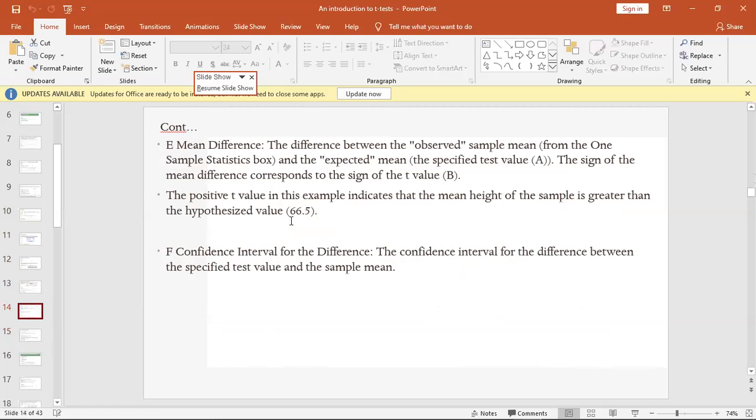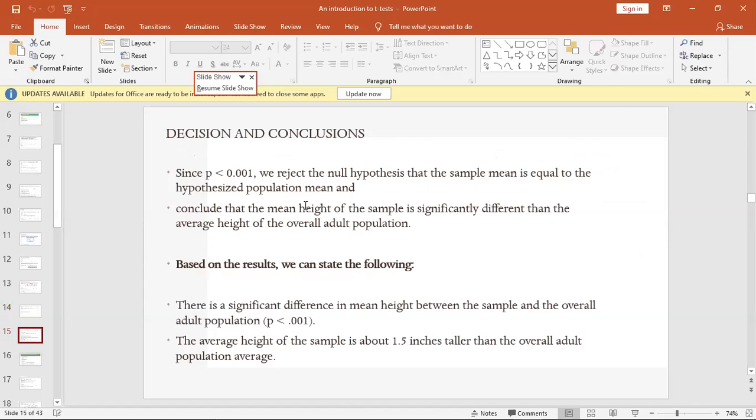The positive t-value in this example indicates that the mean height of the sample is greater than the hypothesized value, right? 6.65. So, the confidence interval for the difference between the specified test value and the sample mean. If it is a confidence interval for the difference, just forget about it. So your conclusion should be this way. Based on the results, we can state that there is a significant difference in mean height between the sample and the overall